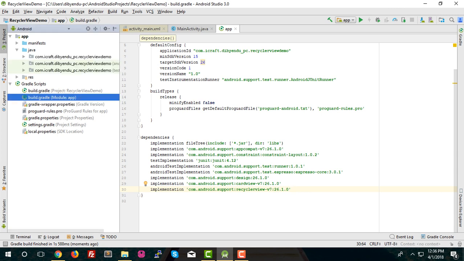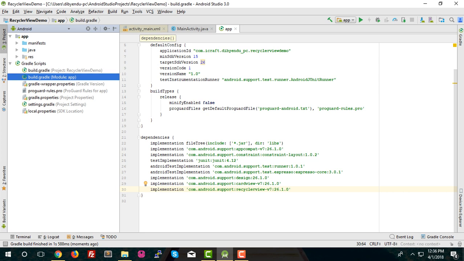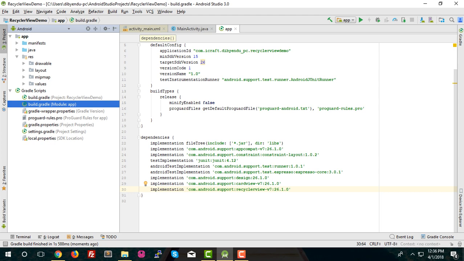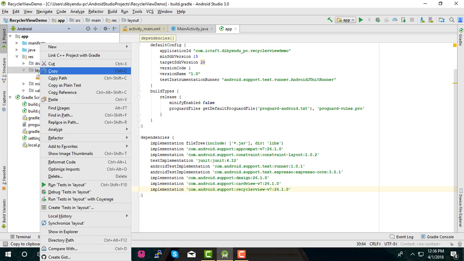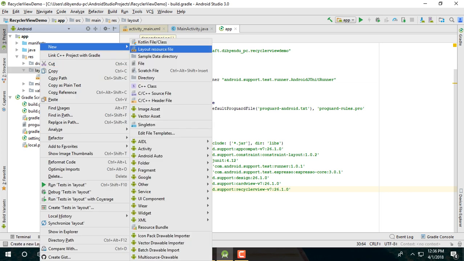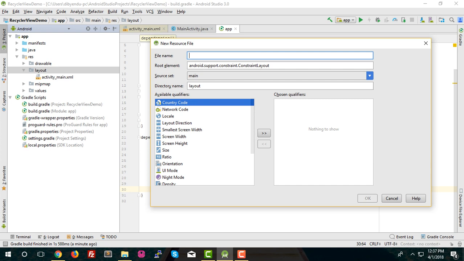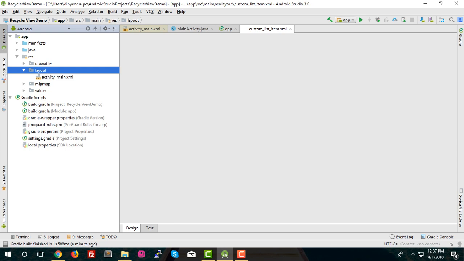main recycler view project. So first of all, here we are using our custom layout. So how the design will be, how the list will be. First of all you need to design our custom layout here. You can create the custom layout inside your resource folder under layout. Then you can select the layout resource file and name it as custom layout, like any name you can give. Custom list, you can give custom list item. So select OK, and then